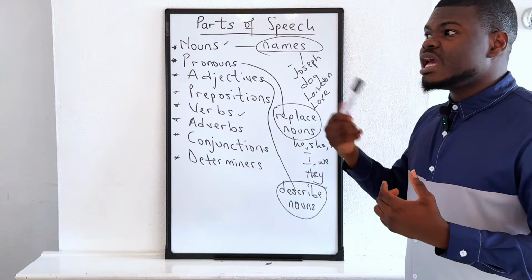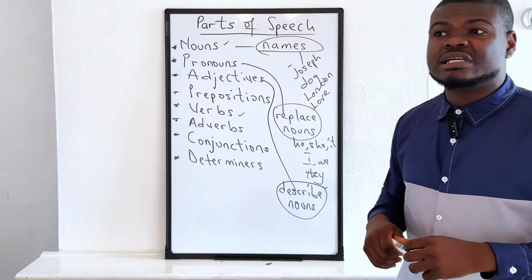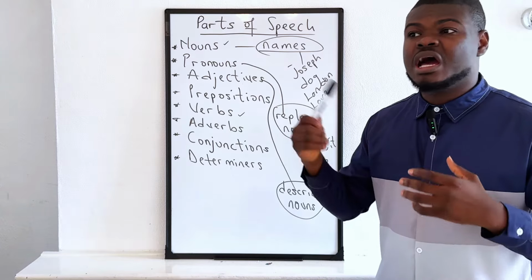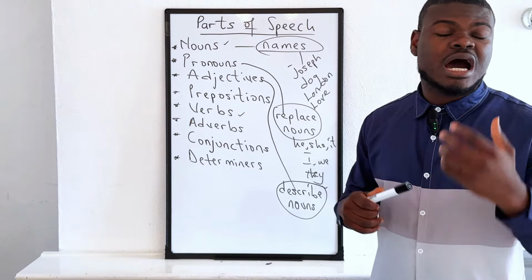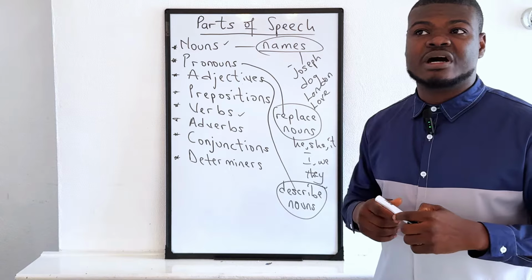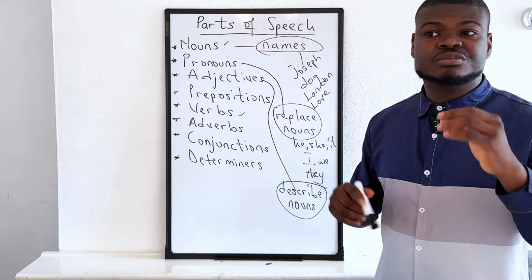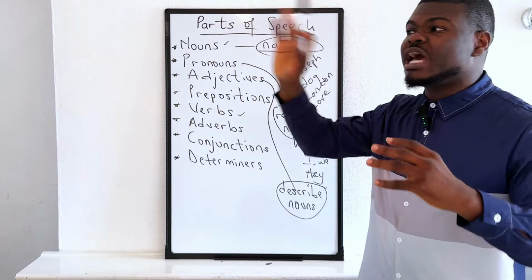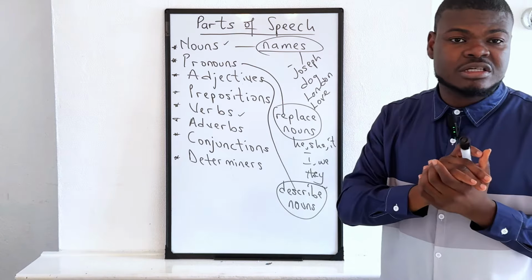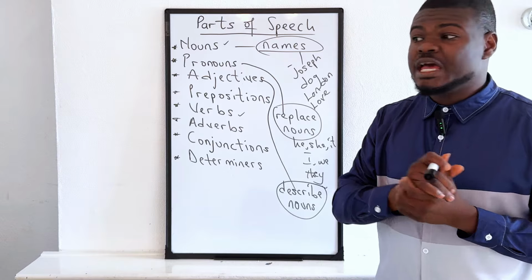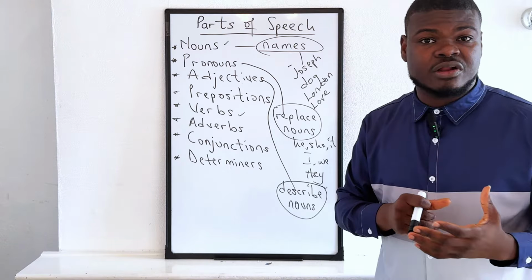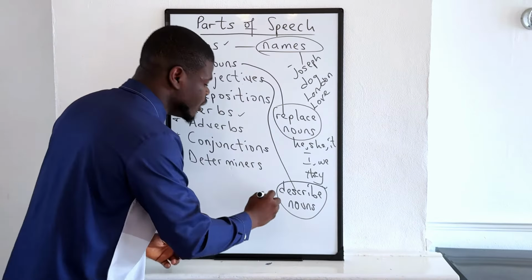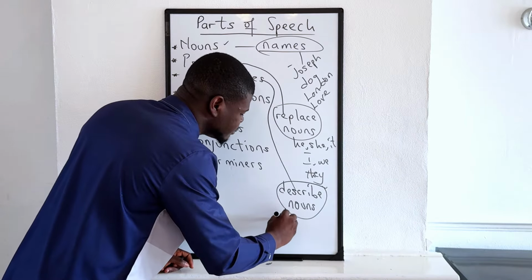Yeah, if there is a boy here and I say, oh, the boy is handsome, or a handsome boy. A handsome boy tells me that handsome describes boy, telling me not just any boy, but a handsome boy. Yeah, if it's a girl, a pretty girl. Pretty telling me about the girl. So maybe colors,